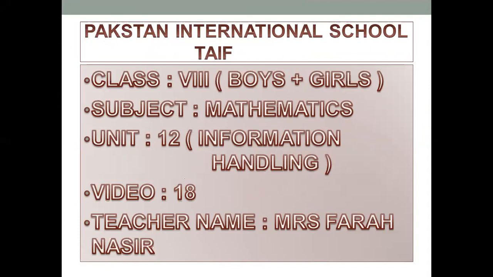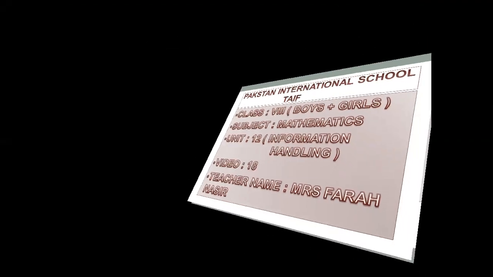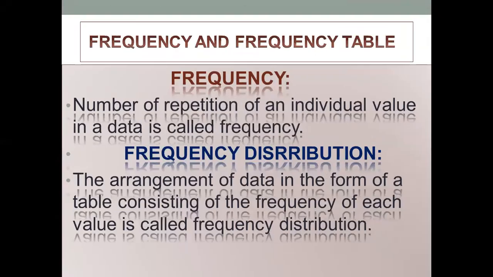Class, today is our 18th meeting and we are going to do information handling. In some books they mention unit 12 information handling, and in some books they mention unit 10 information handling. So you will check the heading of the topic, not the unit. In information handling we will read about frequency table, how to make the classes, lower class boundary, upper class boundary, mean, median, mode, all these types of things which are related to statistics.